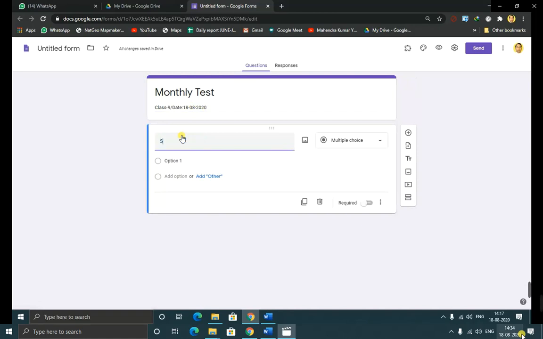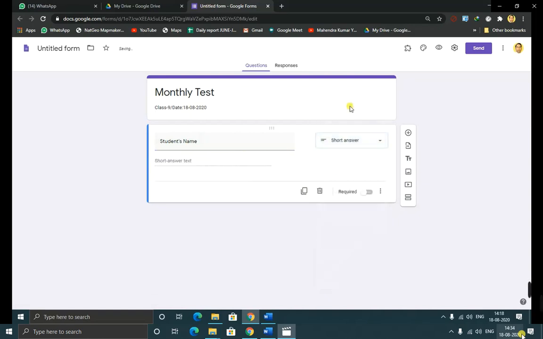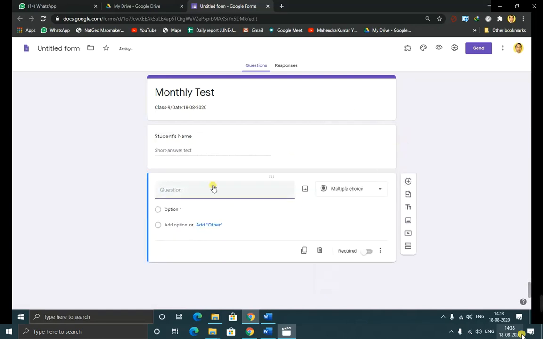Now the student's name, then this is short answer text. The section that also should be short answer text.